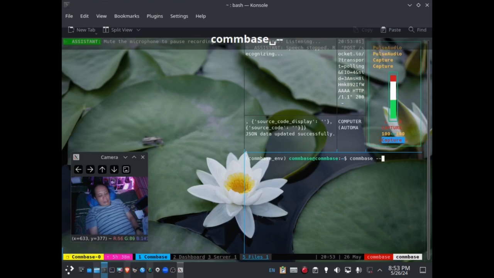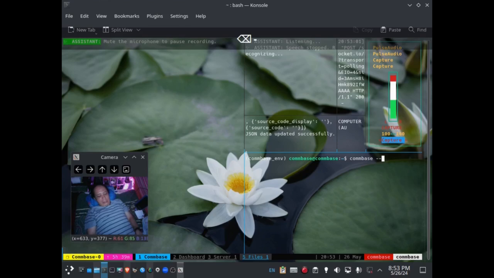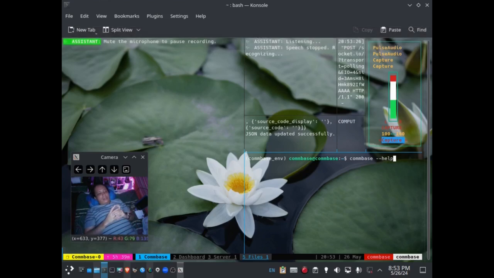It is going to be in the documentation, but using the Coinbase option -h or --help, or /help, like this, you will see more options, right?